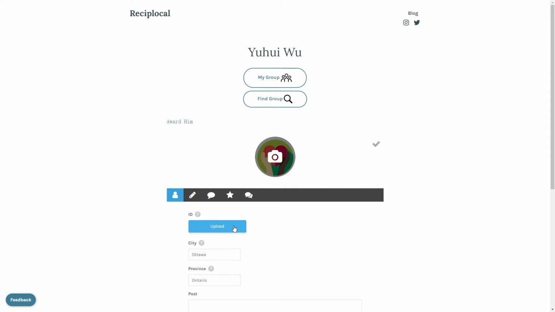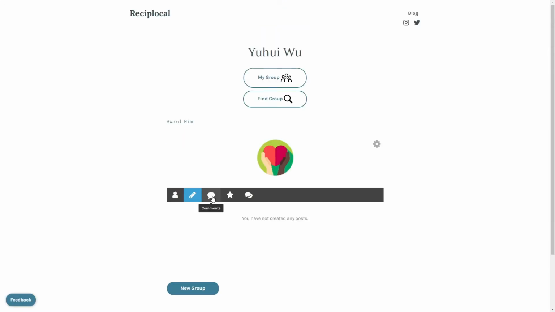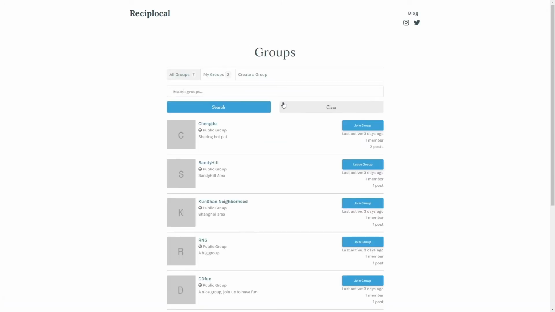identify their address, to avoid a single user joining an invalid neighborhood or multiple neighborhoods, which causes abuse of resources. And beside the profile, we have the post and commenting, review, and forums. As a new user, we will always click on Find Group first, and then here you can